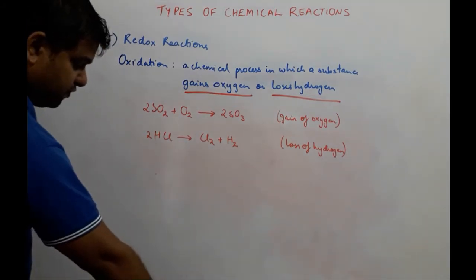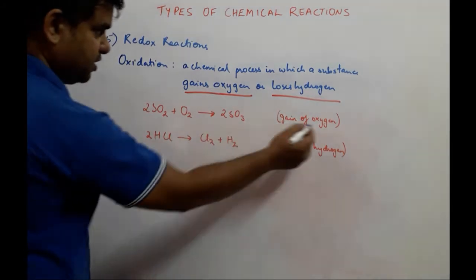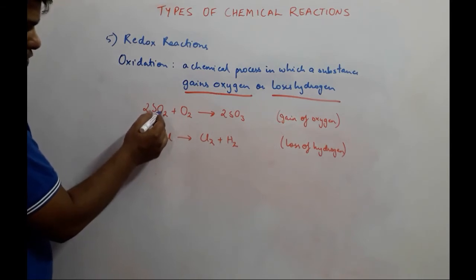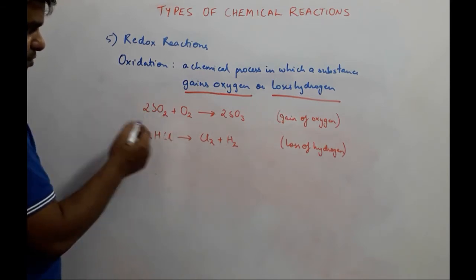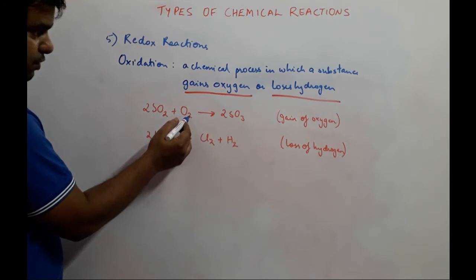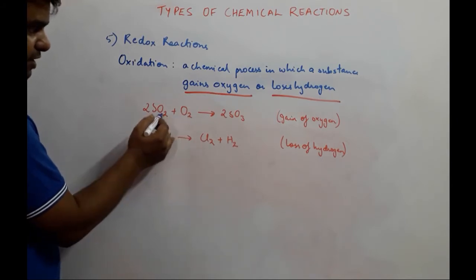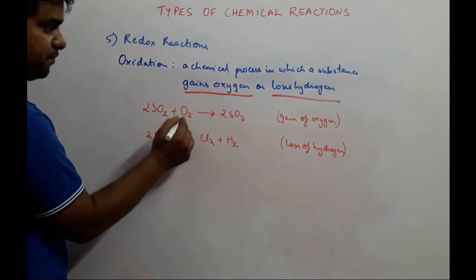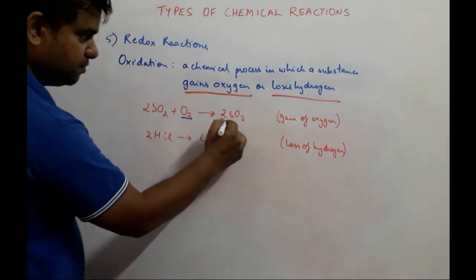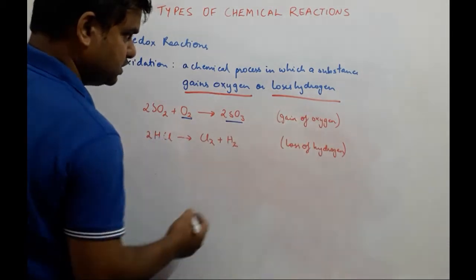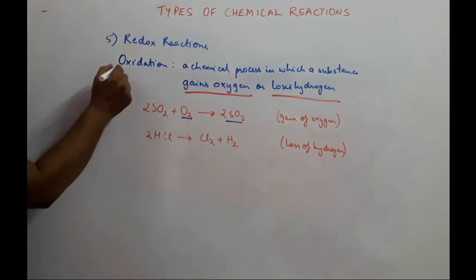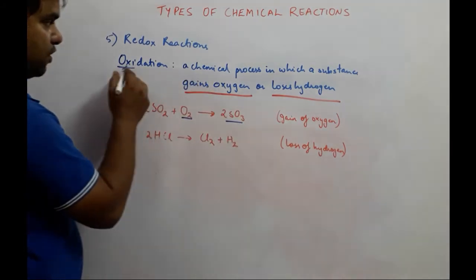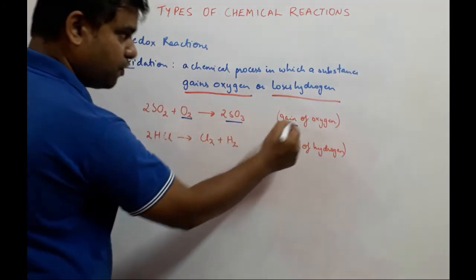Now in the first case it says there is a gain of oxygen. So let us have a look. Sulfur dioxide, how many atoms are there? 2. Of course if we can add this it will be 4, but you have 2 more atoms of oxygen added to this to give us sulfur trioxide. Hence sulfur dioxide is gaining 2 atoms of oxygen to become sulfur trioxide, and that is a gain of oxygen. So that we call oxidation. Remember, the word oxy means there is oxygen being gained, and hence you should know that oxidation involves gain of oxygen.